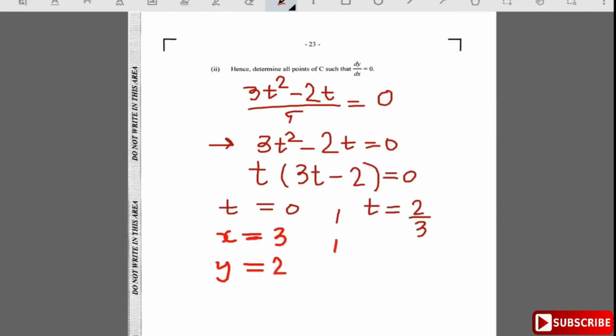Now let's do the same. When t is 2 over 3, what will be x? When t is 2 over 3,